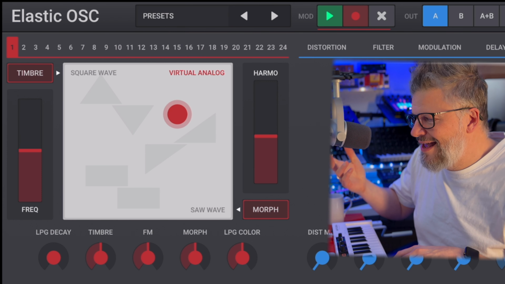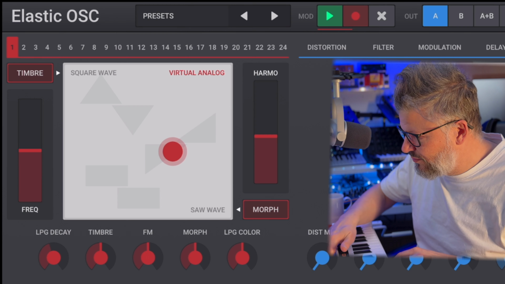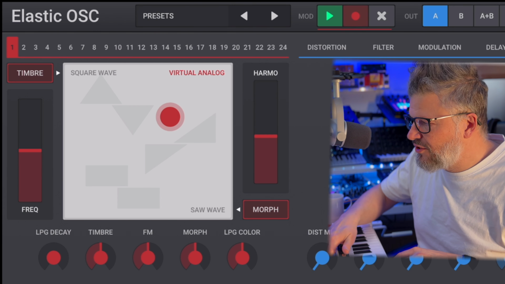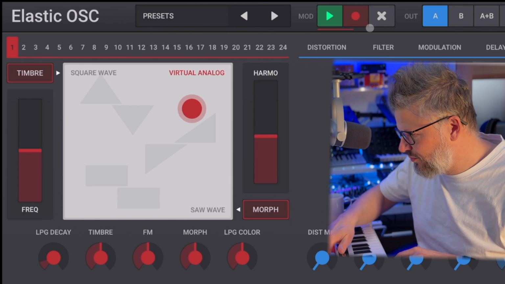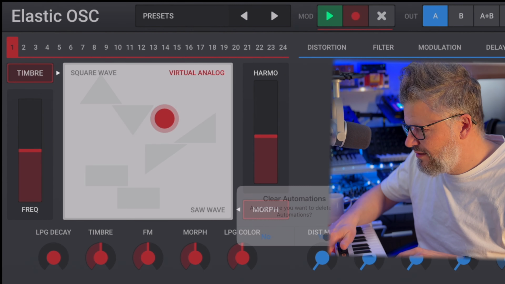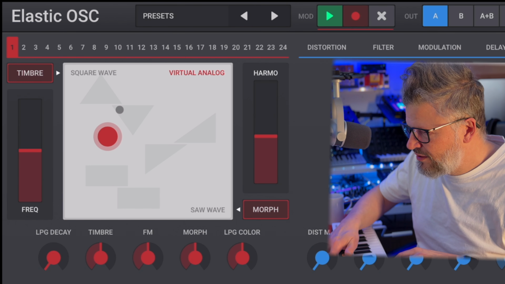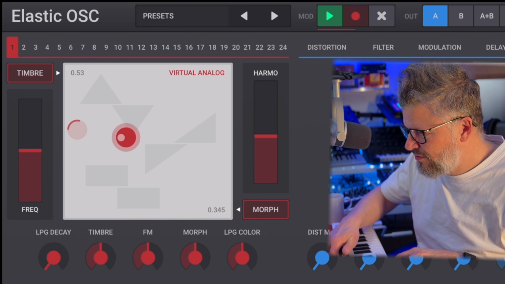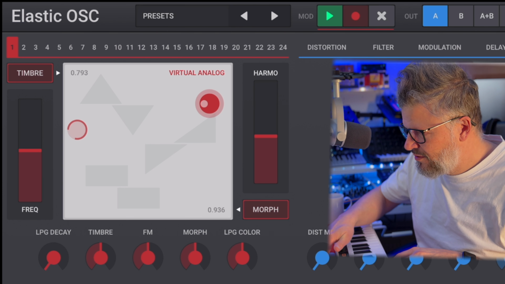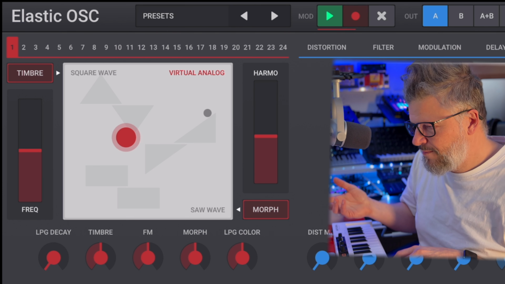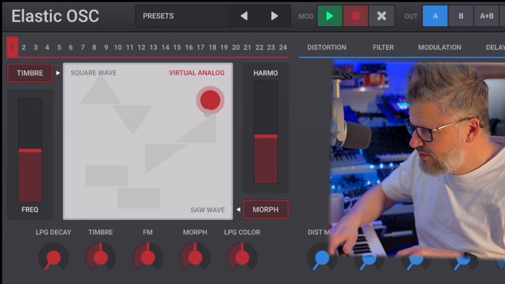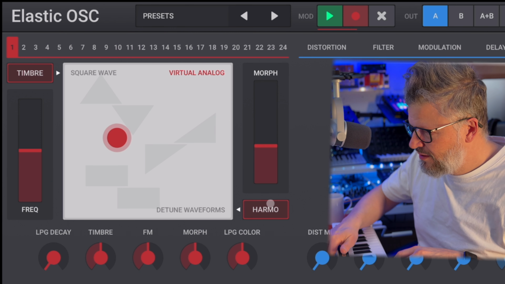See, yeah, so we don't hear it because the reverb mix is down, but this is logic. You can do a lot of movement. I'm going to erase it. Clear the automation. But what's interesting is, let's say I'm recording something here. Soft movement. If I switch the morph here, the movement,